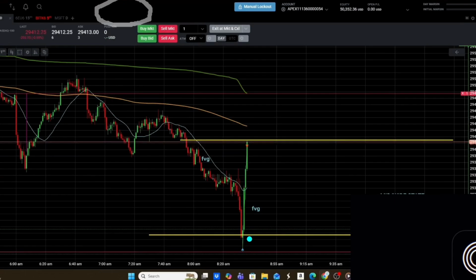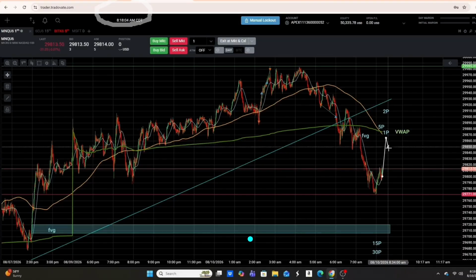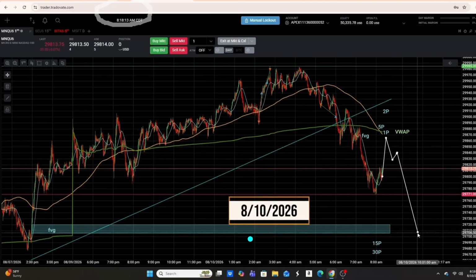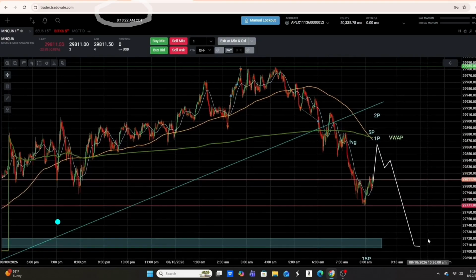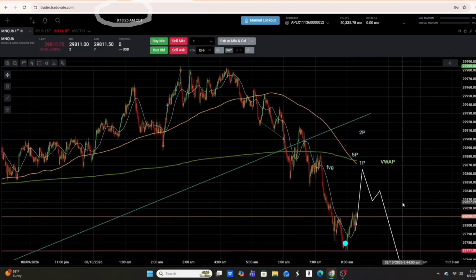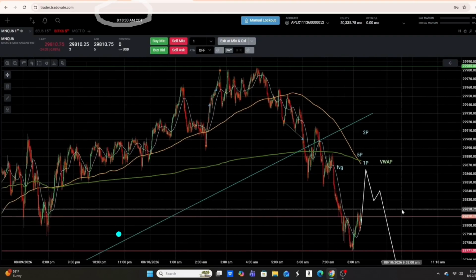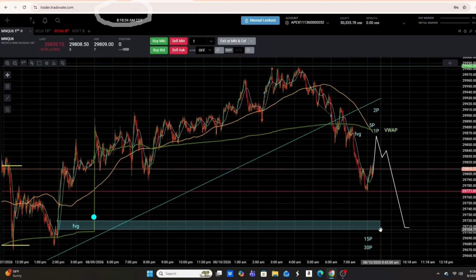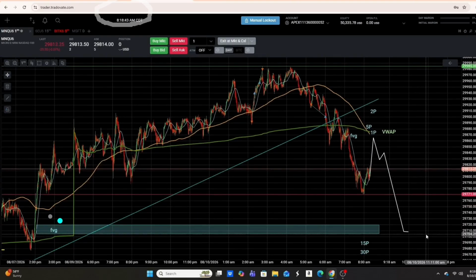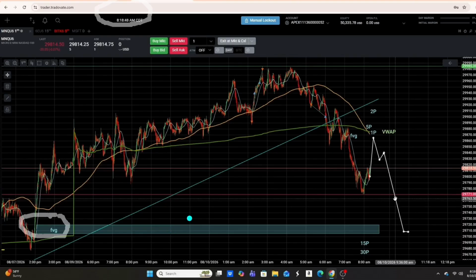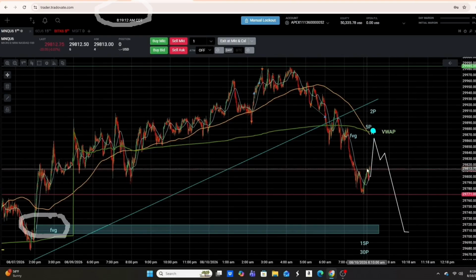Okay, now let's take a look at the next day. This was August 10th, 2026. Again, we're in a mid state. It almost looks similar to the 6th. We knew we have a fair value gap down there, right in here, right? So we're looking at price either coming down to here into this fair value gap, either go up first, come